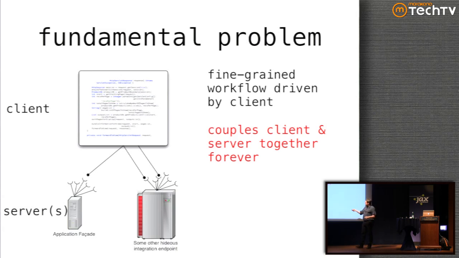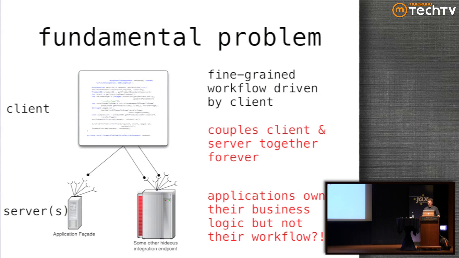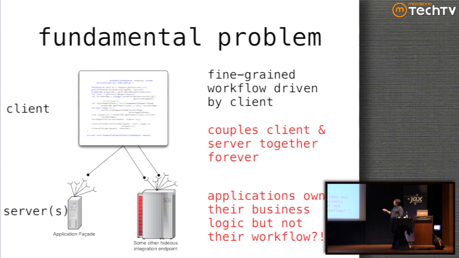Because for every one of these workflows, even if the application itself has a workflow in it, there are going to be multiple branch points in that workflow as the user chooses different options or different things. The client can't really, in our current world, that's not exposed to them. So basically we're saying that applications can own their business logic, but not their workflow. We're trying to extract the workflow up to the client because he has to be able to drive the decision-making process with interactivity with a user or another system.